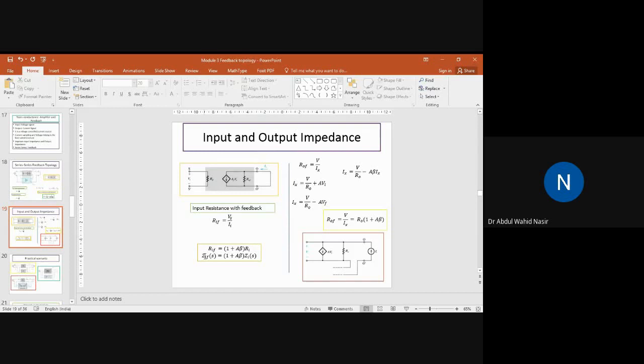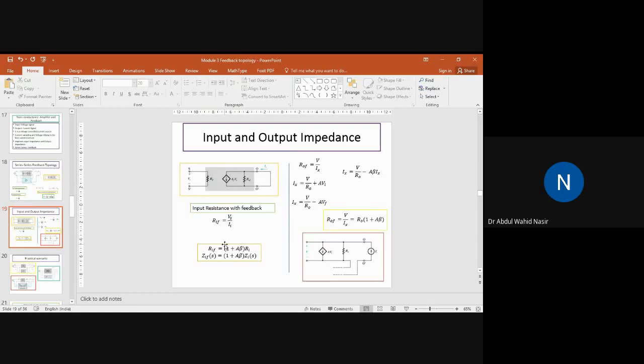If there is not a pure resistance, then it will have impedance. For that kind of circuit, we can represent R by Z. So instead of R, we can write Z, and we can generalize this equation here. This derivation is with respect to input impedance.